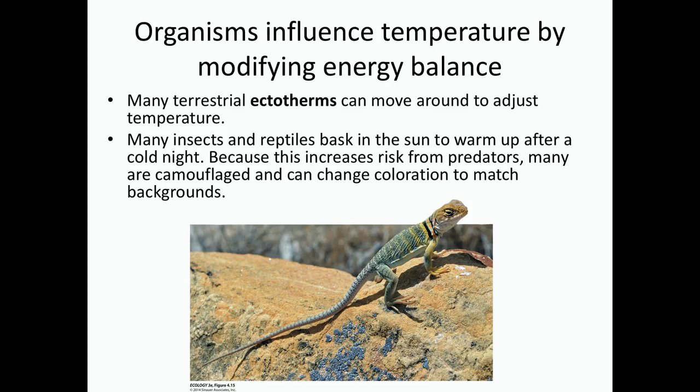So this is dangerous because they have to expose themselves in order to warm up. They've exposed themselves to the sun. And so many of these organisms are going to have protective coloration, and we'll talk about how that might come about through evolution, that allows them to blend in with their background. So you'll notice lizards tend to look like the colors of the rocks that are around them. So again, they modify their temperature through physically moving. They're going to move into warmer areas, they're going to move into cooler areas, and that's going to allow them to heat or cool their body through those external sources.